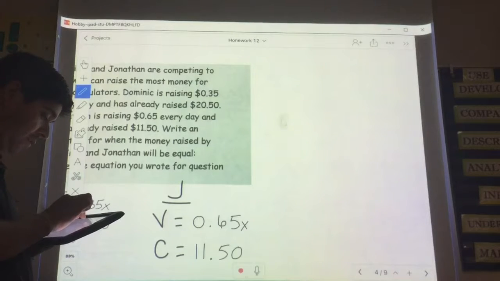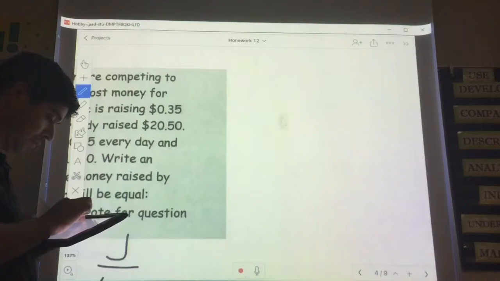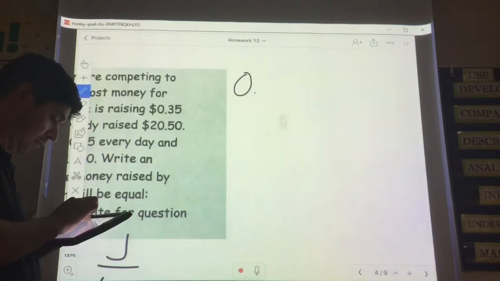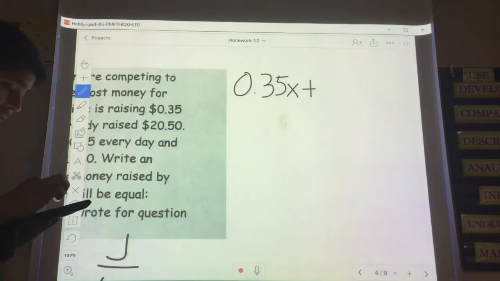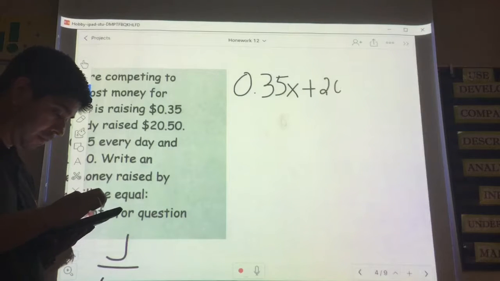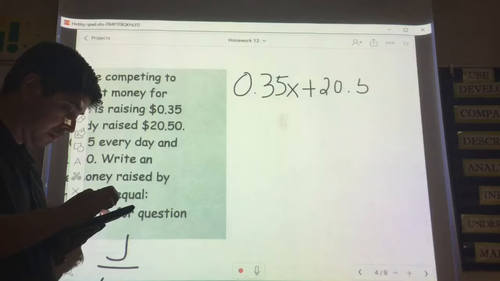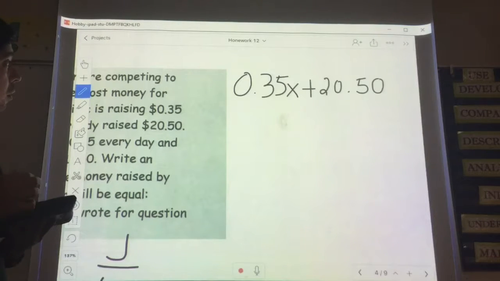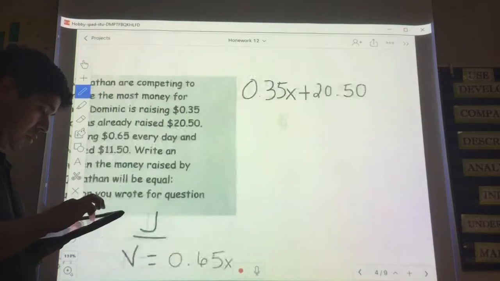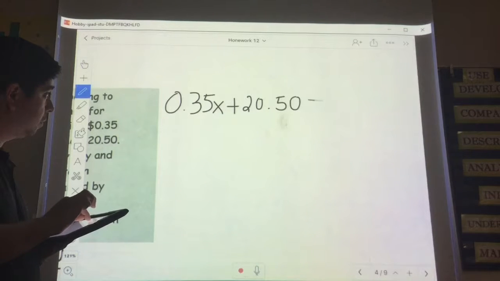Okay, so we have 35 cents x plus 20.50, and that is equal to